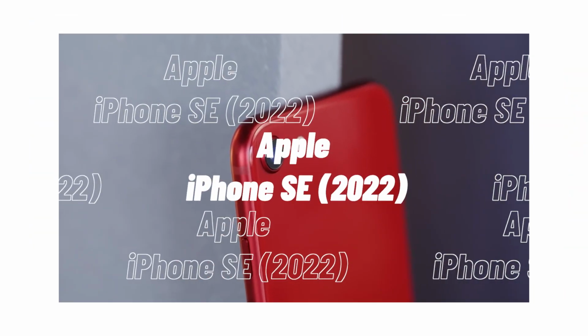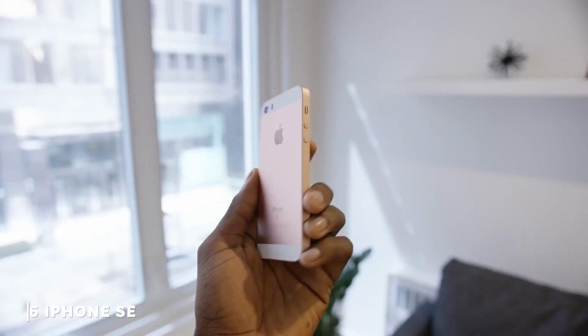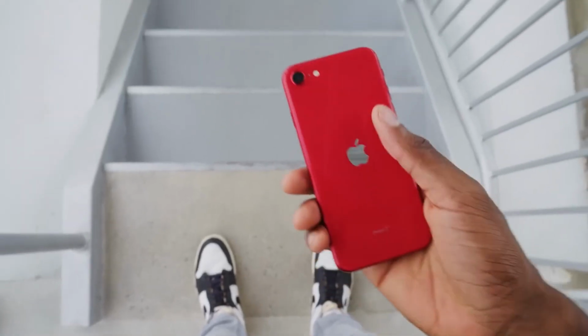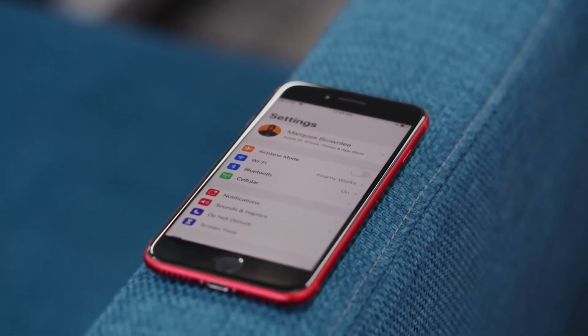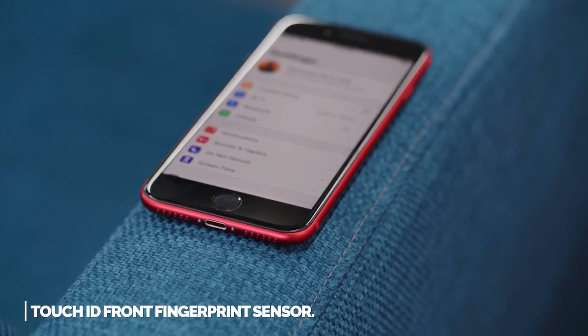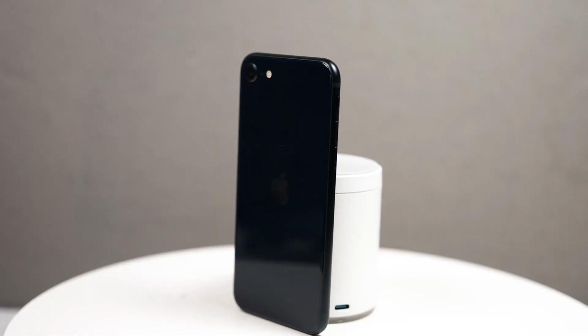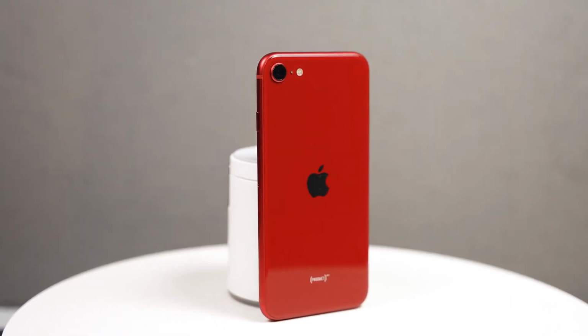Apple iPhone SE 2022. With the 2016 iPhone SE, Apple provided people seeking a tiny phone with what they were searching for. It unveiled a new SE model in 2020 with a more significant form factor and continued to use the Touch ID front fingerprint sensor. The 2022 iPhone SE is now offered in 3 colors: Midnight, Starlight, and Product Red at a very reasonable price